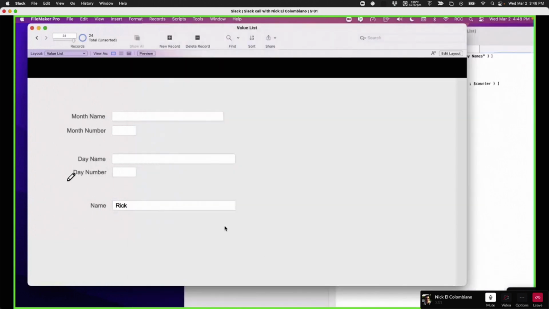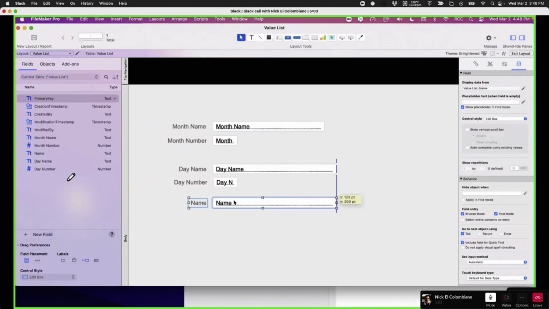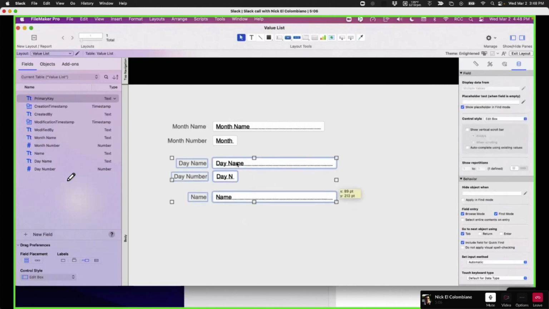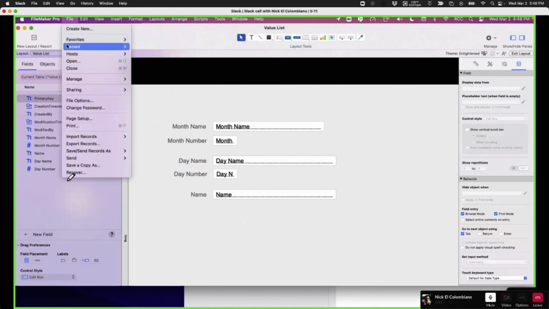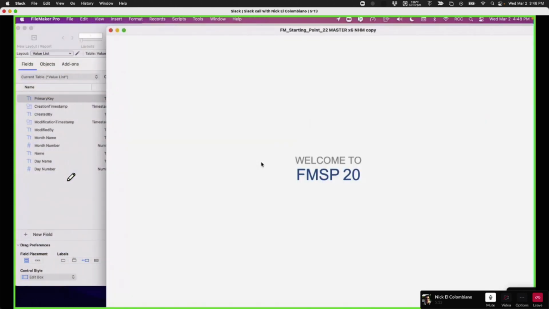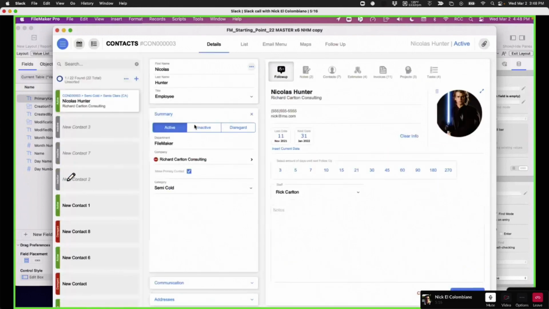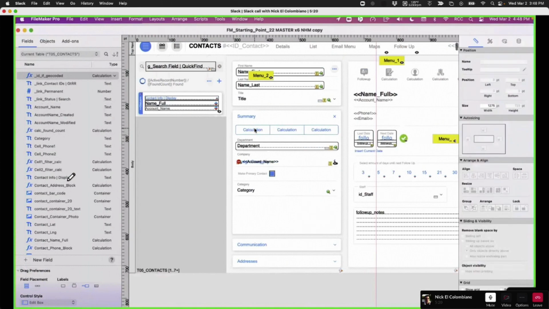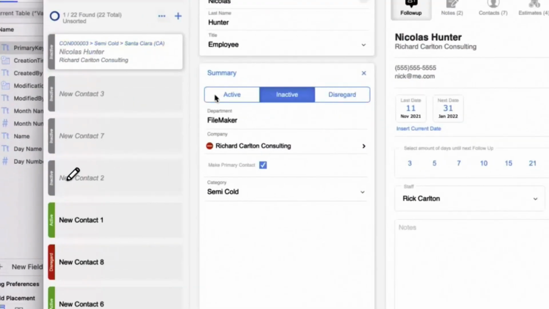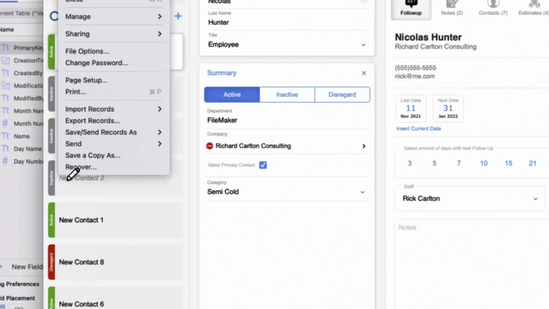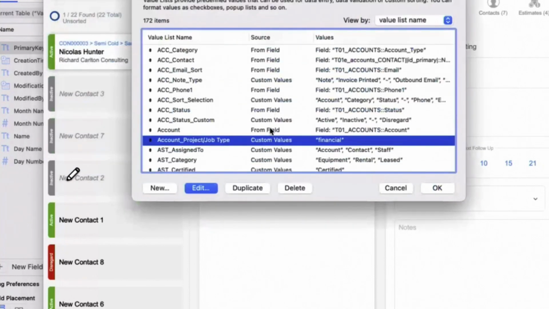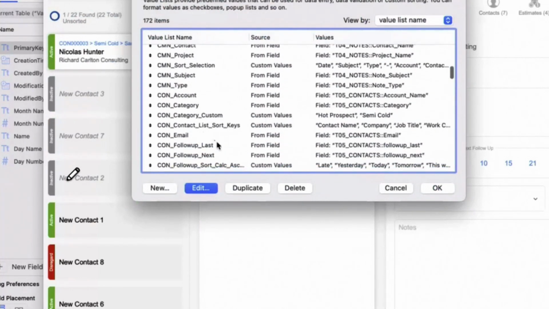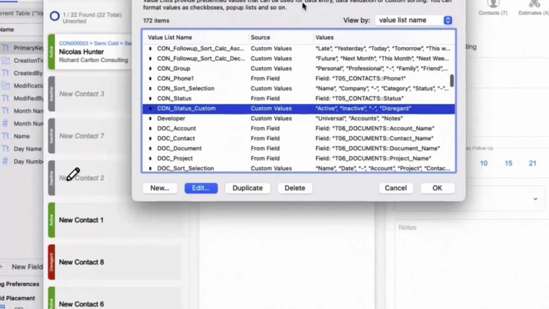What I want to talk about is how we can use all of those good things. We use it in the starting point. This button here is a value list, name, contacts, stated custom.